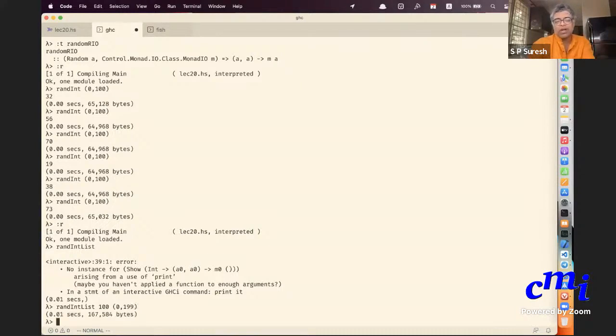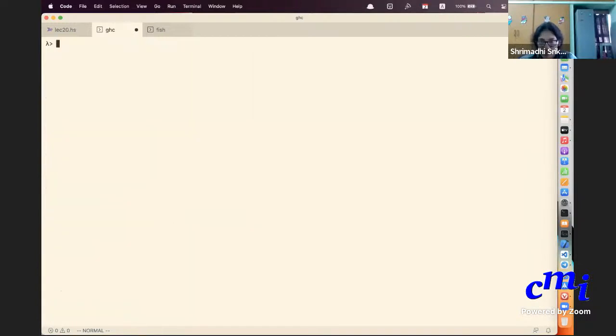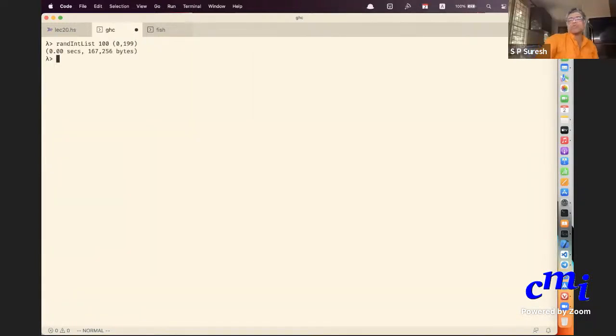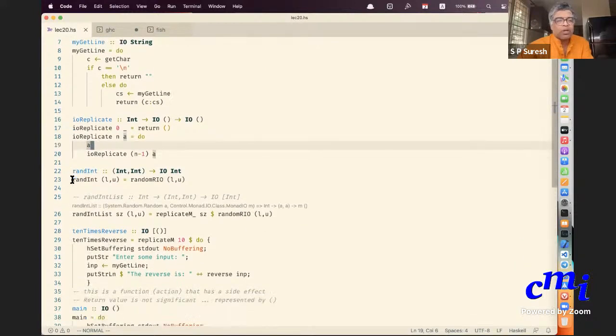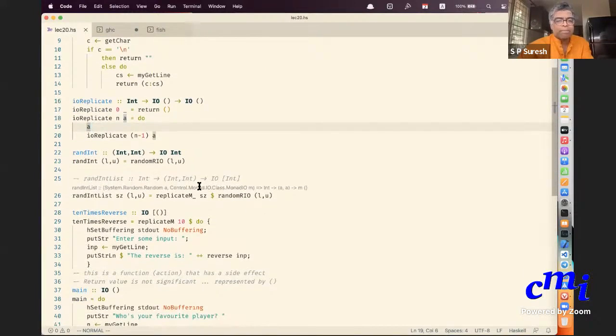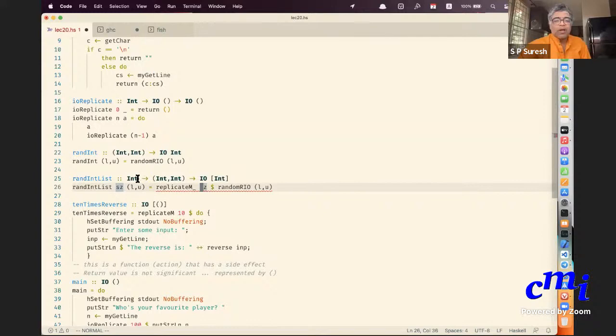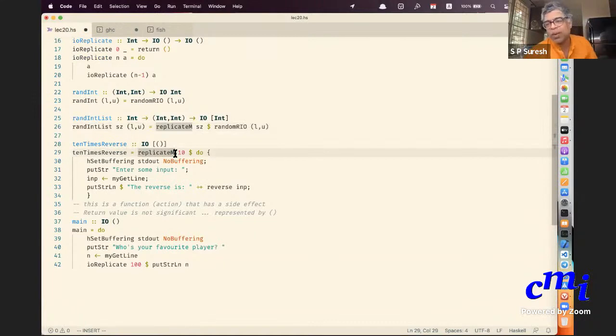It doesn't return anything at all, because it doesn't store anything anywhere, since you said replicateM_. The output is ignored, really. That is the difference between replicateM_ and replicateM. So if you want these kinds of things, you should use replicateM. Whereas in this case, if I did a replicateM, then I will unnecessarily have a list of units. What am I going to do with a list of unit values? So that is why you use replicateM_.